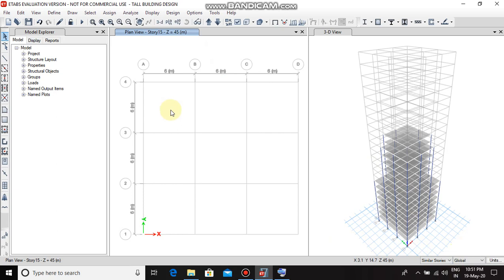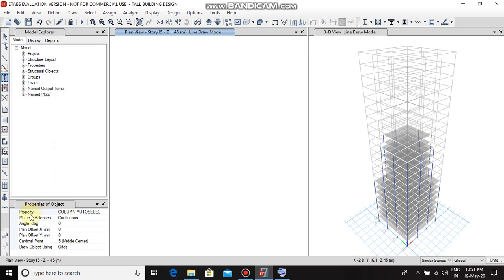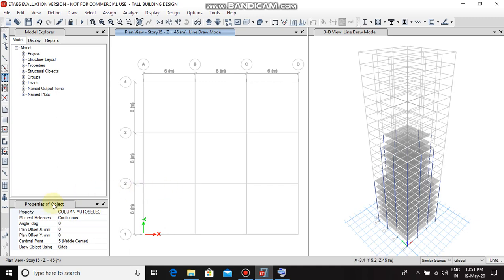Let's draw the column by using these shortcuts. That is the quick draw column. Change the property to column auto select, keeping it the similar stories. Select the required area.